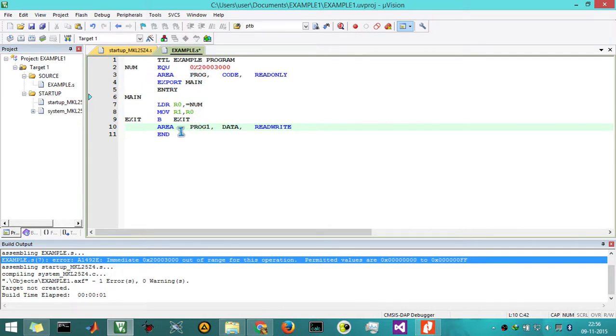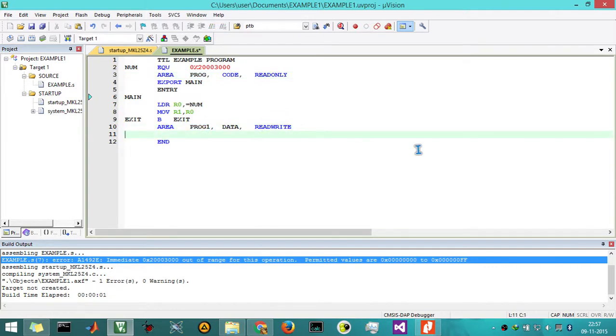If we give the same name, say area, prog, data and read-write, then both will become the same, and whatever data we write underneath this area directive comes under the code memory only. It will not go into the data memory because we have not distinguished the name with read-only memory. So this is to be taken care of while defining memory areas in your program.